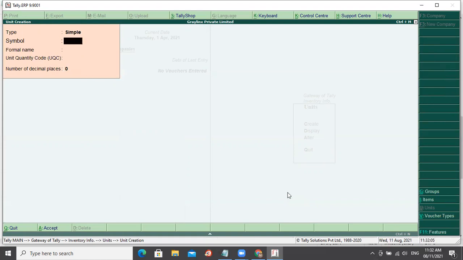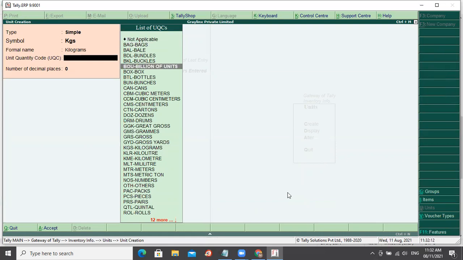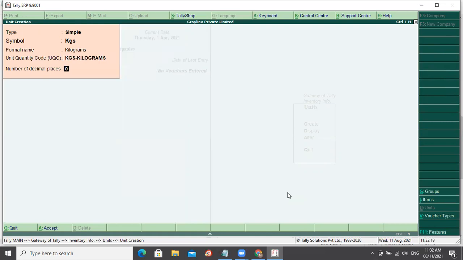Okay, then I will create something called kgs, kilograms, and unit quantity code is kgs, kilograms. And I require 1 decimal point. Example, you can create any number of decimal points. Maximum is 4 decimal points that you could create. Okay, so accordingly you can go on creating.